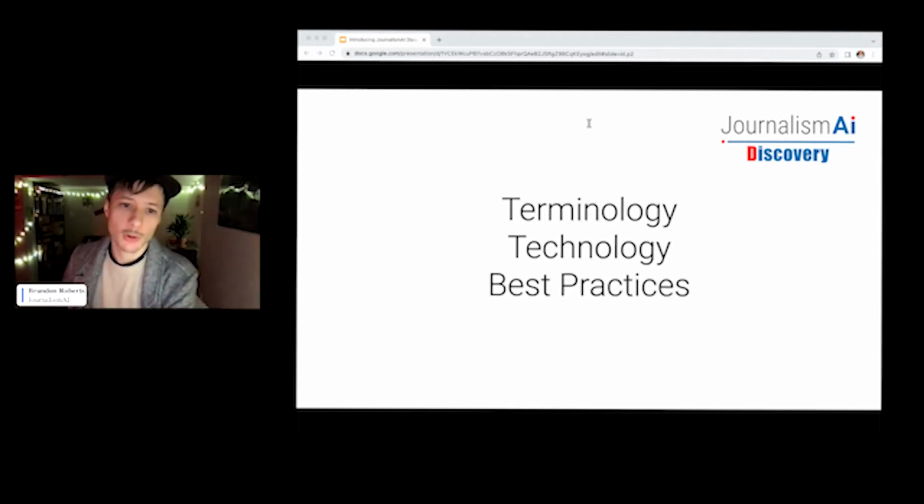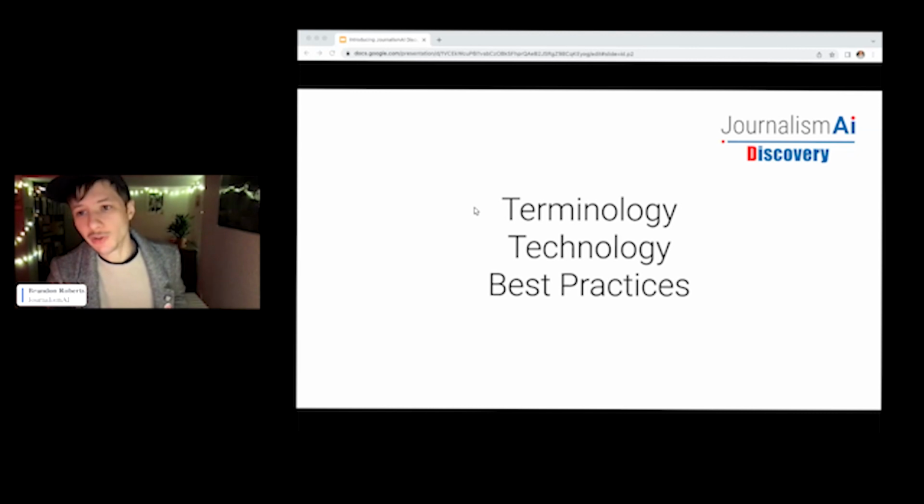Other things that we'll touch on in the course, we'll talk about terminology, basics of AI technology. So you'll understand what NLP is, deep learning, what supervision is. We'll get into technology. So the things that you need technologically to be successful. Talk about fundamentals like data, very important. And then we'll also get into best practices. So things like, how do I get started? Who should I talk to? Who should I collaborate with? All those things. We'll talk about that in the course. And then we'll also kind of go into the future of AI, how to stay current, because the field does move really fast.